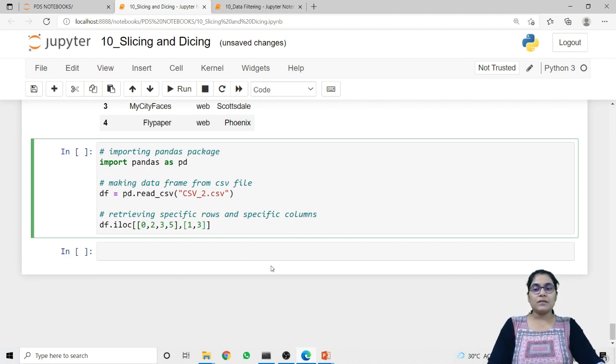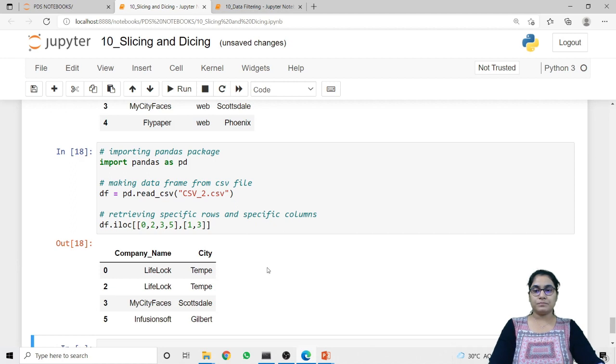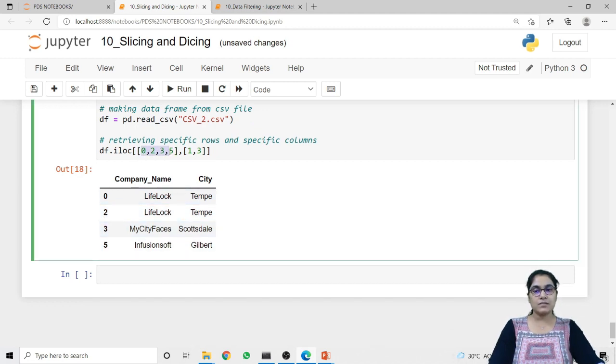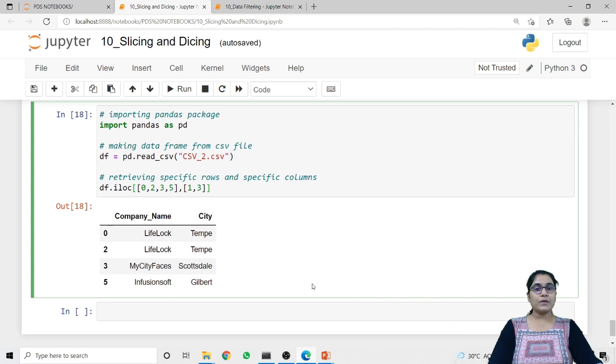These are two separate lists which represent the rows and columns that we want to retrieve. So let's run this code. In the result you can notice that it returns the rows 0, 2, 3 and 5. Why? Because I have specified them inside this list. And the columns company name and city, which have the index 1 and 3, which I have specified in the df.iloc method. So in this way you can segment your data and retrieve the particular data that you want to display using the loc and iloc methods.